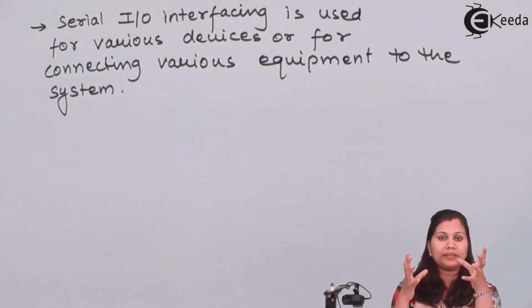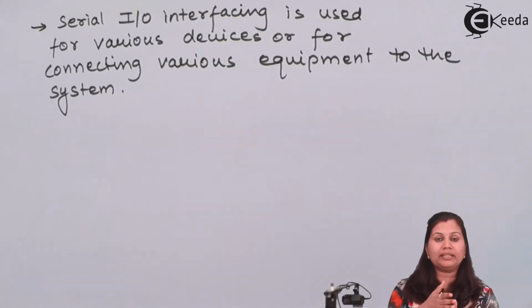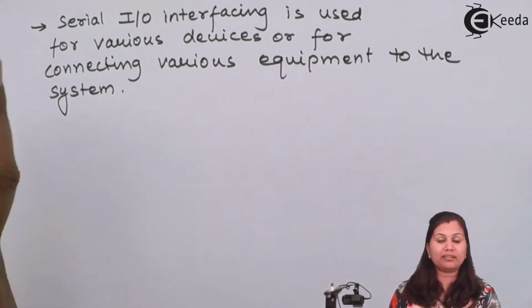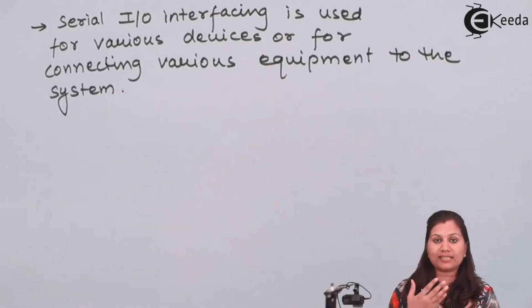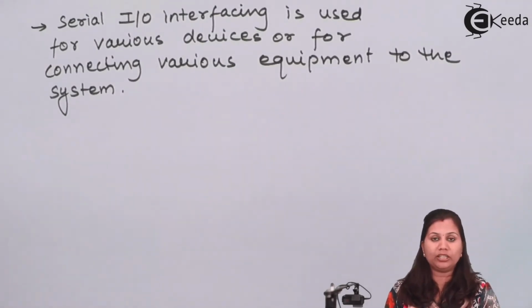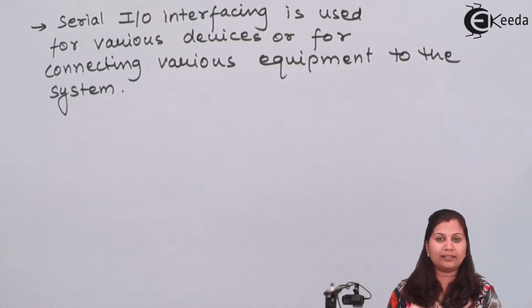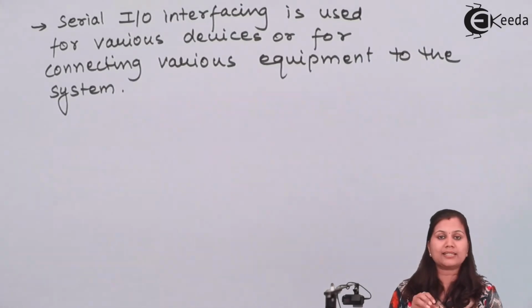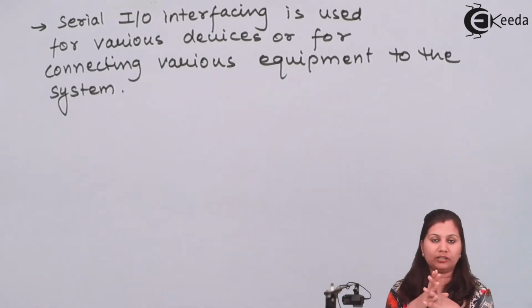When two components are communicating, there can be various methods to connect these two devices. They can connect in various types, and various devices can be used to communicate with each other. So for that, a particular standard should be made. Standard means some rules should be defined for how these two devices should be connected with each other,